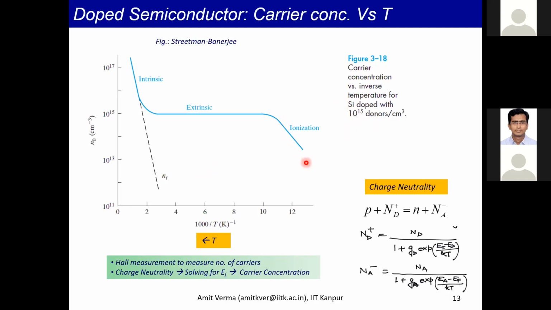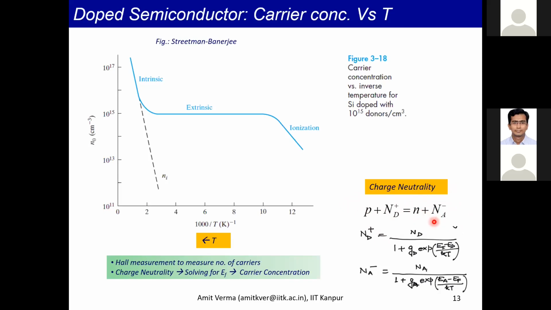Now, how do you actually find out whether the donor atom I have put in, if I know its activation energy, will be in the extrinsic region, ionization region, or intrinsic region at any temperature? Again, you go back to the charge neutrality principle. You know that the total net charge in a uniform semiconductor has to be 0. So the positive charge has to balance the negative charge. Positive charge is the hole concentration plus the ionized donors, and the negative charge is the electrons and the negatively